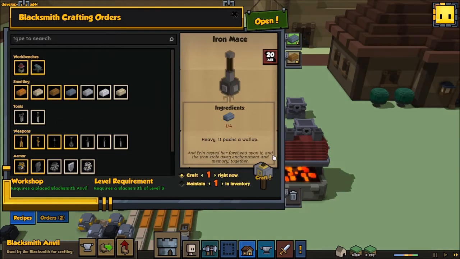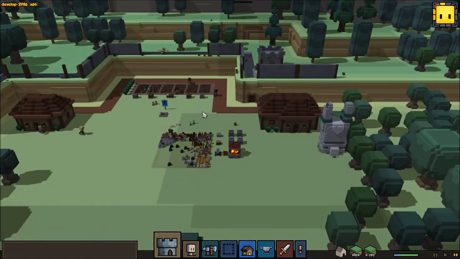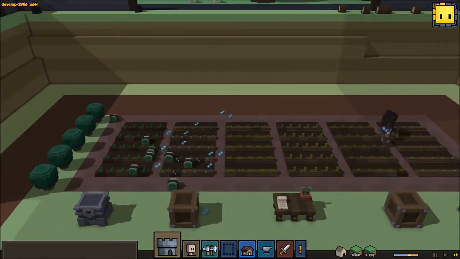Okay, I see what's going on. So we'll queue this up, we'll put it right there. So he will smelt the iron and then craft the mace. This footman will grab that mace and then we can go deal with all the goblins and everything like that. I think...